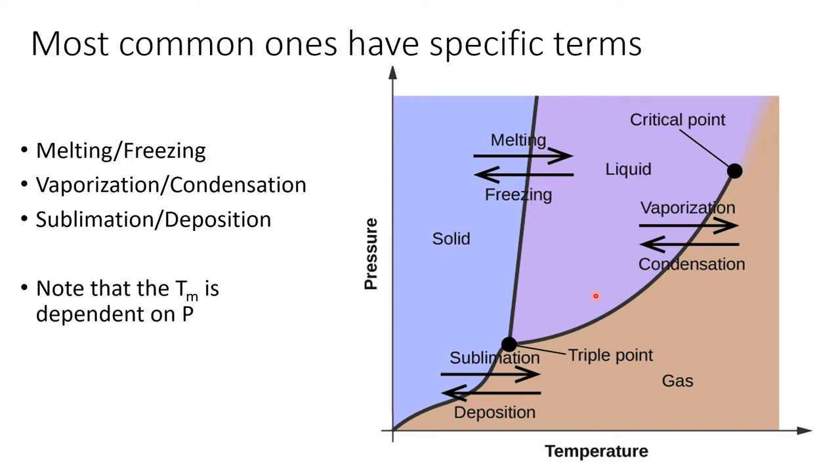Okay, now let's talk about what terms we hang on these transitions. So if you go from a solid to a liquid, we call that melting. If you go from a liquid to a solid, we'll call that freezing. Now, of course, you've already seen that. It surprises me sometimes